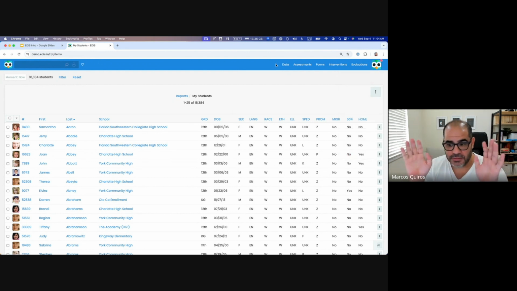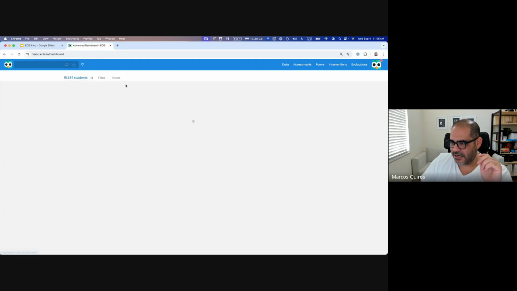That top navigation bar is going to be present in 99% of all the pages in EDIS. You will see that top navigation bar. So if you go, for example, under your data dashboard, this will be the homepage of EDIS. Now, we are working on a new project right now to establish what's called a homepage. And that will be the first tab always of your dashboard. So that means that for any new